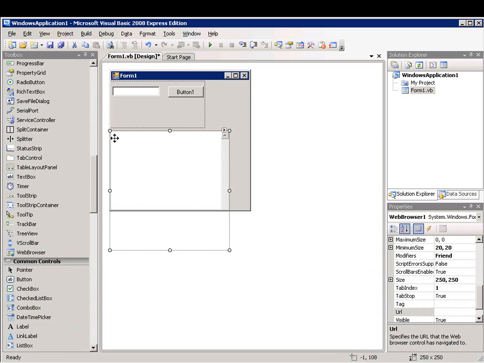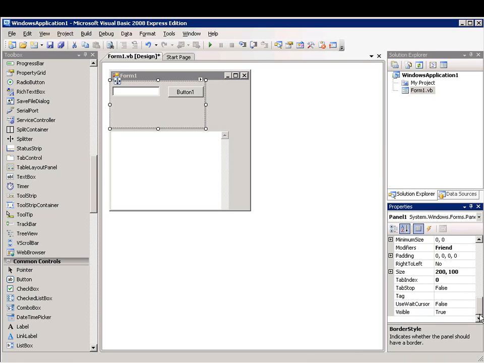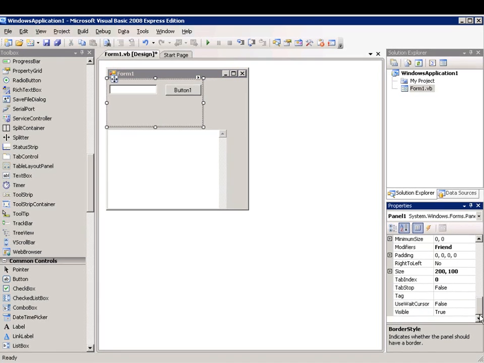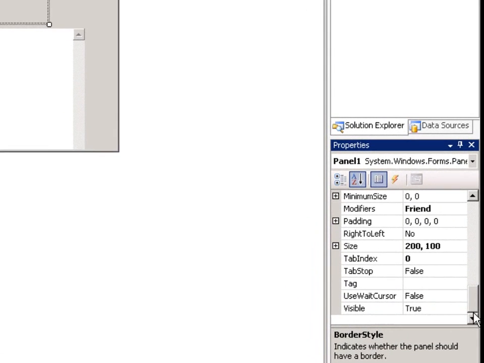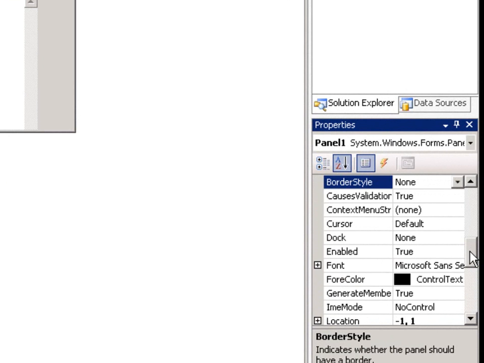To set the properties of your controls, you can select the control on the Forms Designer. I'll select the panel control. Notice that the Properties window of the IDE lists all of the properties for the selected control, such as the size or visible property. I want to set the position by using the Dock property, so I'll select Dock, and